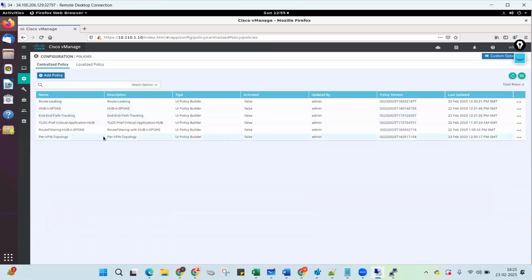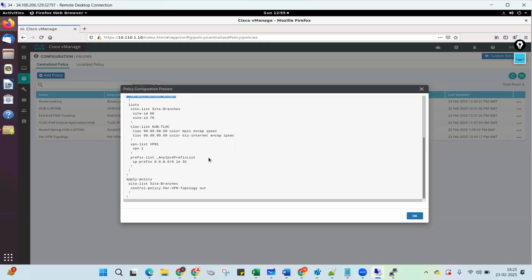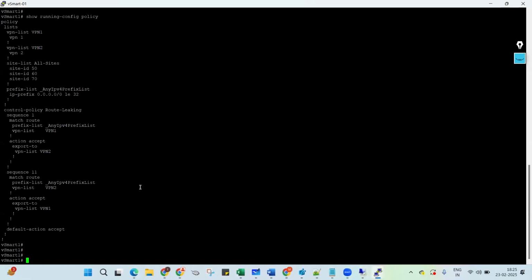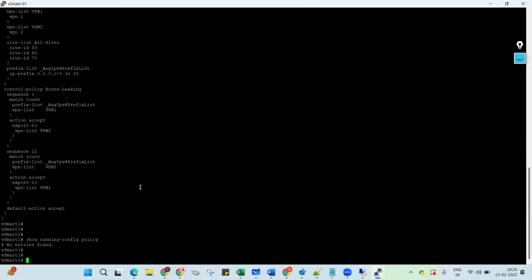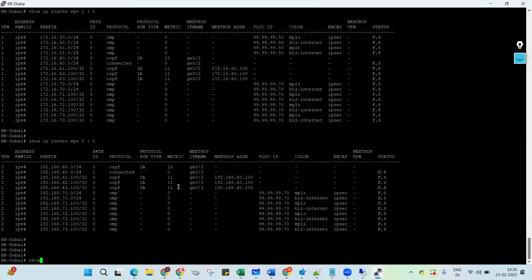Let's preview this policy. This is my per VPN topology preview. So in sequence 1, we are matching routes from VPN1 and telling it to go via hub TLOC. And default action is accept. And this policy is applied to my branches in outbound direction. I'll click on OK. Before proceeding, let's verify if there is any policy that is running. There's no policy. And let's check on the Dubai and London router. show omp routes vpn 1 | tab